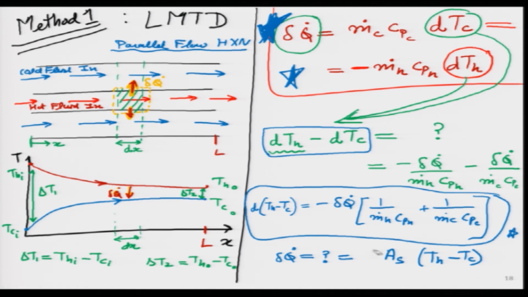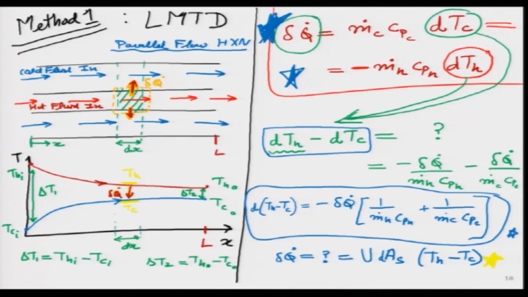And this I am talking about the differential area. So, A I will replace with dA. And it kind of makes sense. Why am I writing it this way? If you pay attention to the lower left side, because over here I can say if the whole temperature in this zone was Th and the whole temperature here is Tc, then the temperature difference is always Th minus Tc, which means I can put a yellow star over here, and this also makes sense, isn't it?